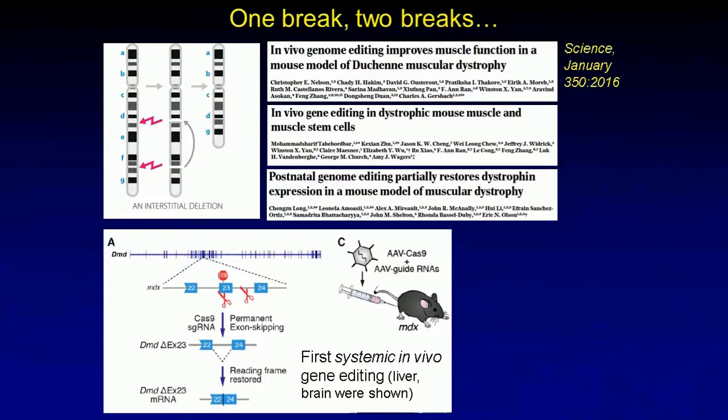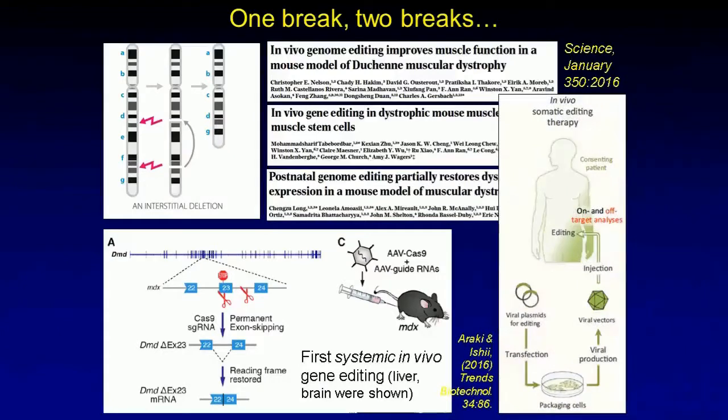And quite impressively, they were able to see something between 3 to 18% of alleles treated having a large deletion. And perhaps more impressively, they were able to see gene editing effects when they injected systemically in muscles as spatially diverse as biceps, diaphragm, and triceps. So really, gene editing occurring in lots of places. The rates are not very high yet, but more of this is going to be coming. You're going to see a lot more of this.